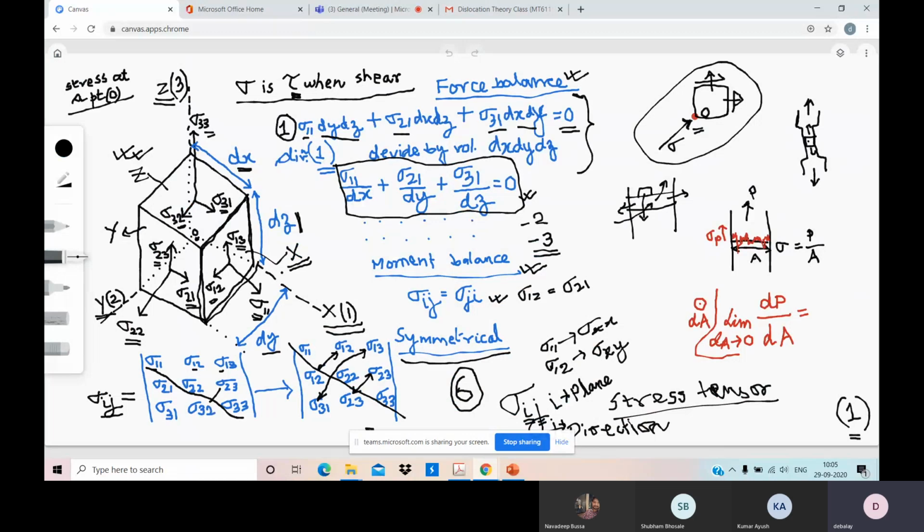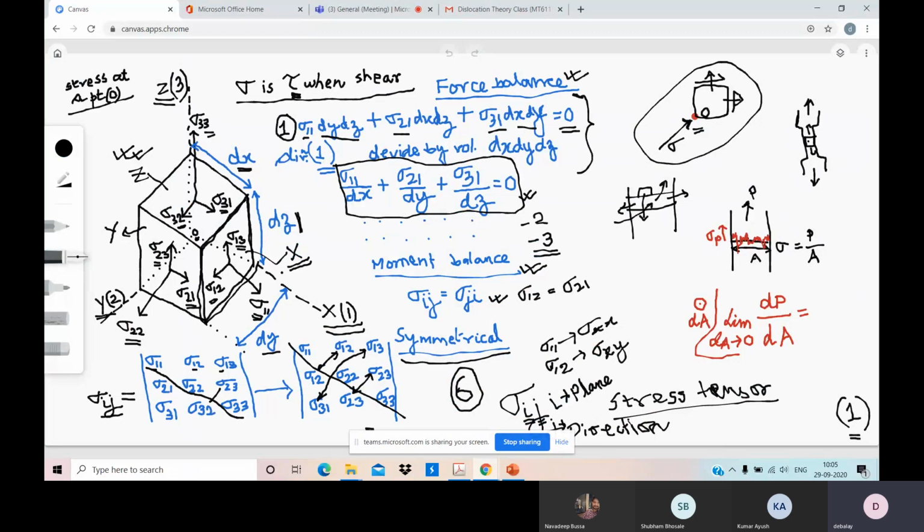XYZ can also be written as 1, 2, 3. So plane perpendicular to the y direction is y plane. And the second term j represents the direction along which the stress is acting. So i represents the plane on which it is acting, and j represents the direction towards which the stress is